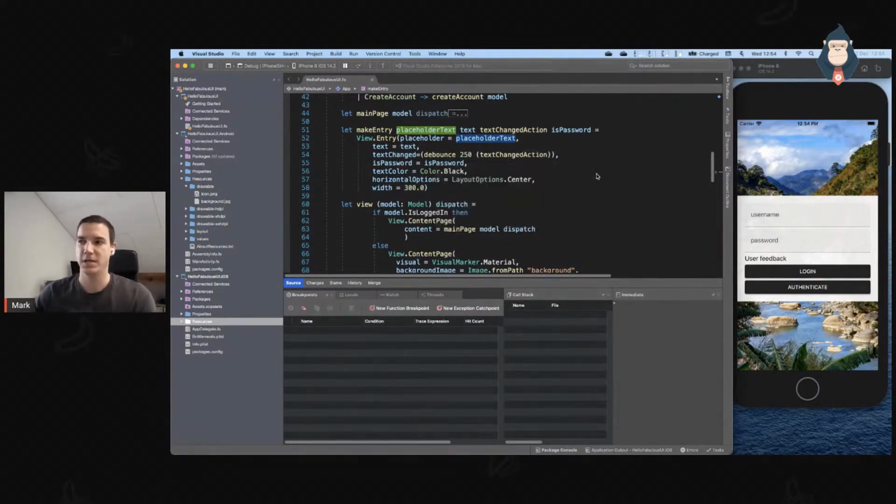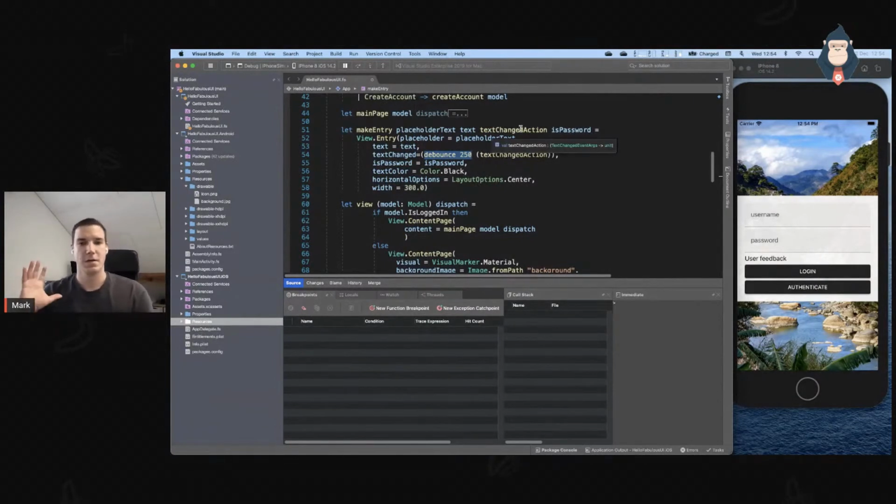So this is when I start typing something in, the state of that. I got the text changed action. So I'm registering to the event when something changes, and we can see how it is down here. And this debounce is a really nice method whenever you've got changes, but you don't want to fire every time a little change happens. So if the user is typing his name, you could wait until something happens, and this you can do with the debounce. So it waits 250 milliseconds until no change happens. Then I will invoke this action.